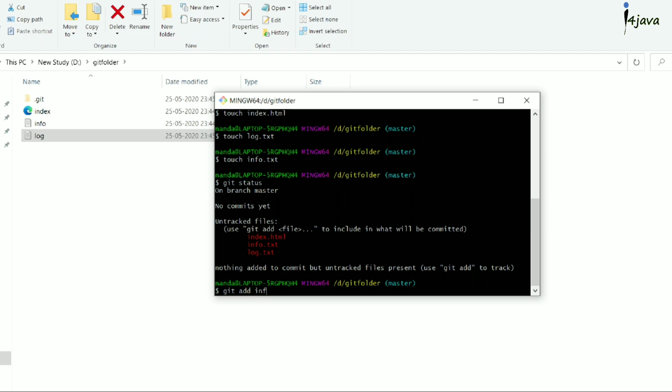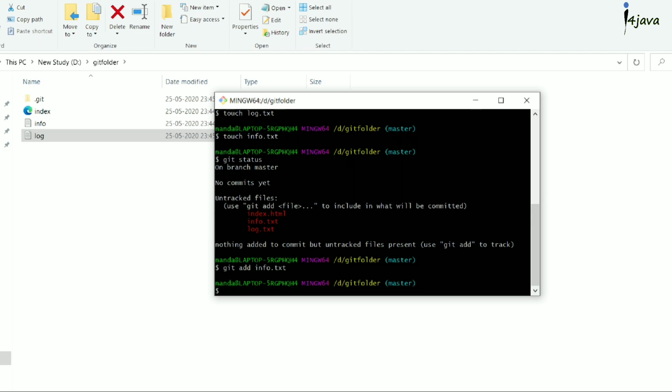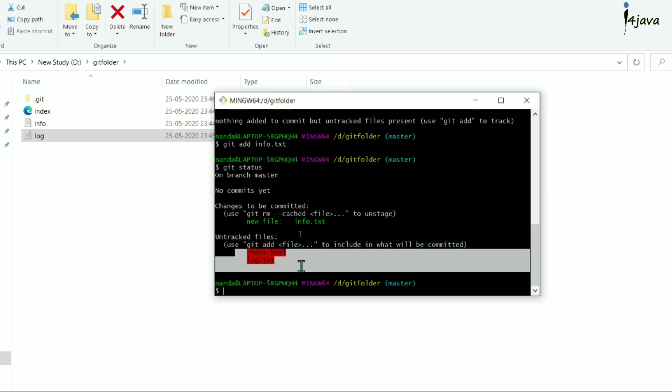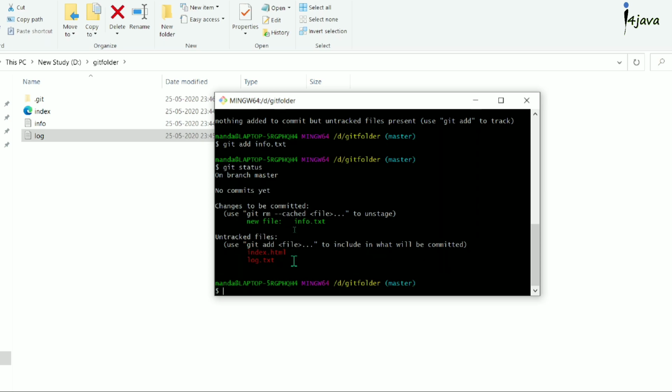I'll show you another way to add to the staging area also. Now check git status. So you can see this file has come into the staging area, so it is showing in green color, and the files in the unstaged area are showing in red color.